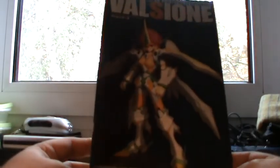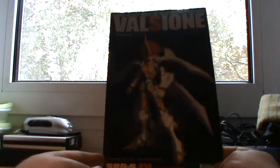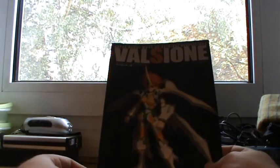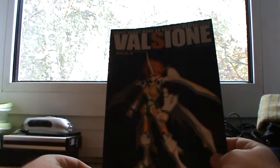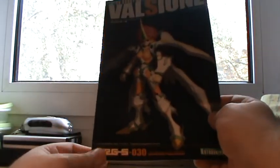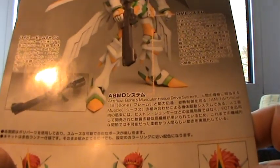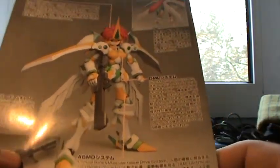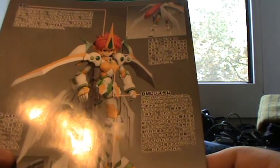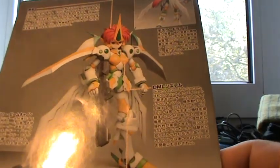The instruction manual is just a single leaflet, with a painted version of the kit on the front. No actual information about the kit itself, or at least about the mecha itself, in English, as far as I could tell. There are some English things on it, like artificial bone and muscular tissue drive system. And apparently in her boobs there is a DML, direct motion link system. Yeah. Lots of other info, but